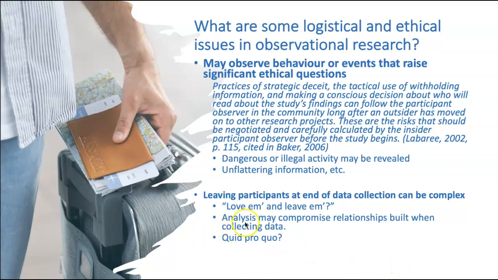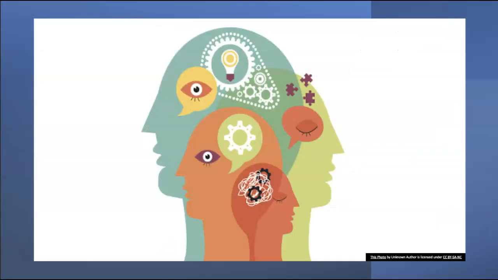And what about a quid pro quo? That is, for example, in Indigenous settings, for generations, we've had researchers going in, finding out things that would be helpful to them, and then walking away, benefiting from that knowledge, but never doing anything to benefit that Indigenous community. So what are our ethical responsibilities there? These are some of the complex people-situated questions that become part of all of this and are very important to have thought through.